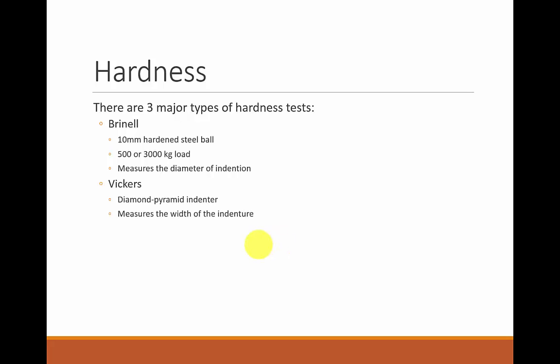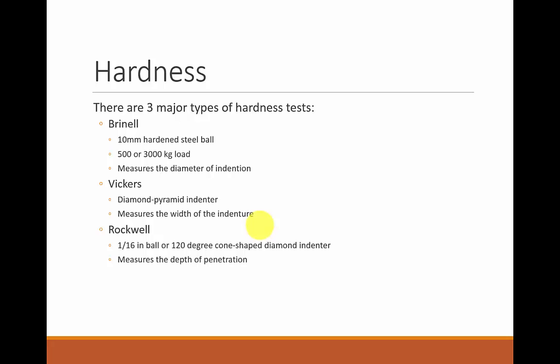The next test is called a Vickers. Vickers uses a diamond pyramid shape. So you're doing the same thing. You apply a load to the diamond pyramid, and then you measure the width of the indentation, how wide, how far down did that pyramid drive into the material. And then the Rockwell, which is a very common test, uses a 1/16 inch ball or a 120 degree cone-shaped diamond indenter, and then it measures the